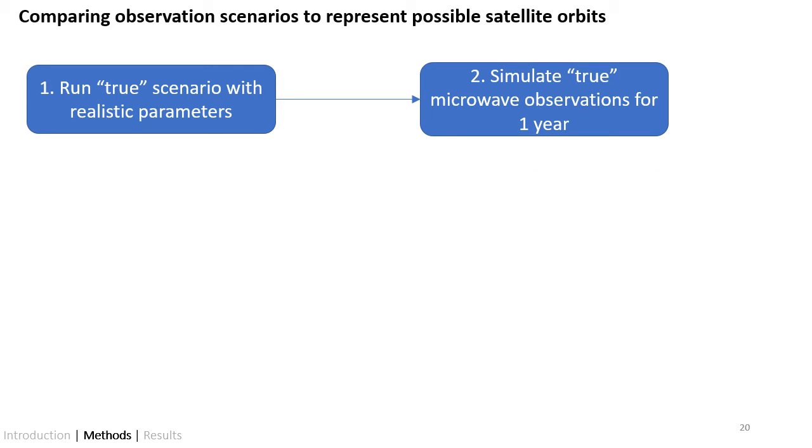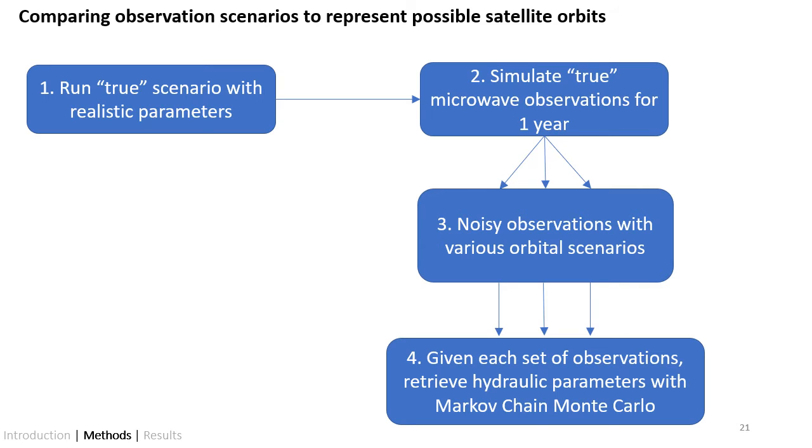The way that this simulation experiment works is that we take realistic values for plant and soil hydraulic parameters. We use them as inputs along with real meteorological data in a land surface model. And this produces time series of plant water potential and soil moisture, evapotranspiration, etc. And we take those model outputs and run them through a simple radiative transfer model to simulate microwave observations that a satellite might see. We take those synthetic observations and we add noise because a satellite doesn't see everything with